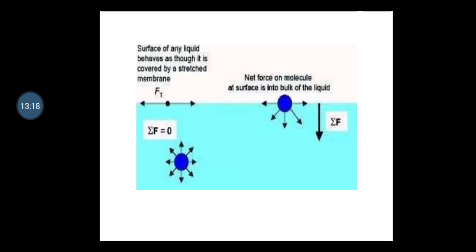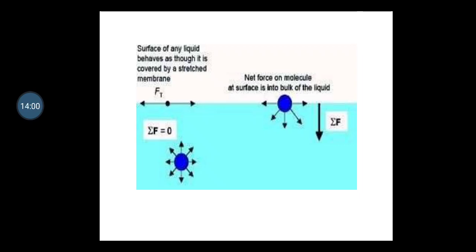So if you are able to see in the diagram, the summation F is equal to 0. As I have already told you, the surface of a fluid has a tendency, and the flow of fluid depends upon your viscosity, surface tension and compressibility, obviously. So if your fluid containing the molecules doesn't have any density, obviously it is going to float over the surface.